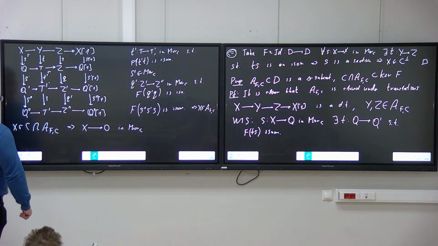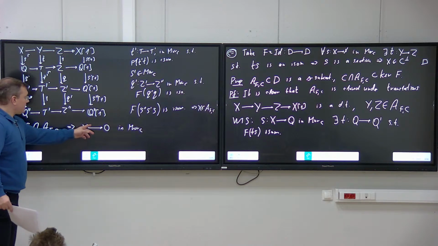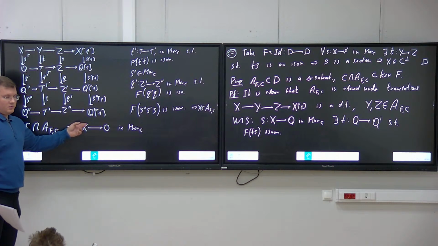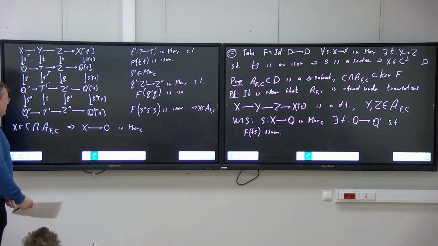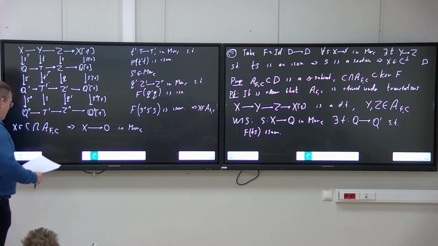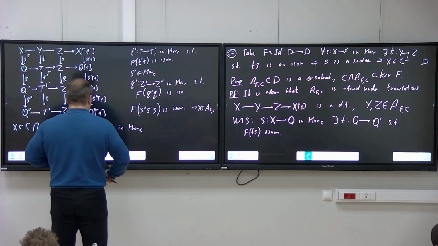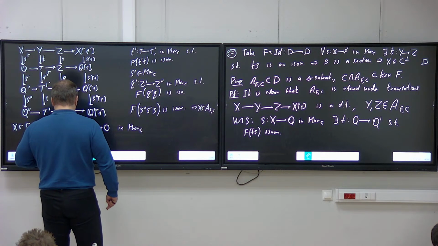Since C is just a triangulated subcategory, or you can say you can complete this to a distinguished triangle, then you get x, right? Which also is. So this is in the Mor C. So, okay, since this is in the Mor C,